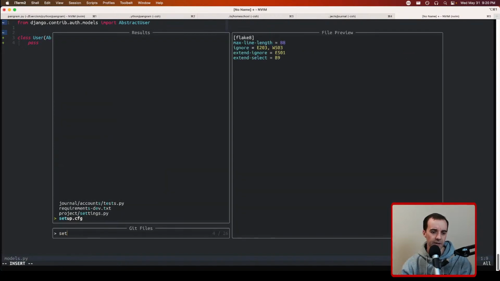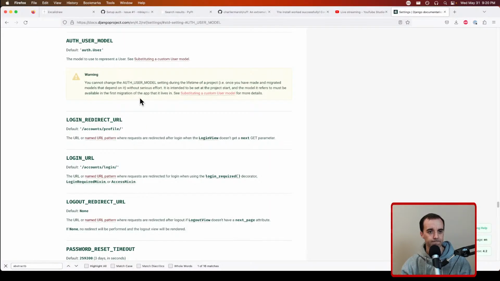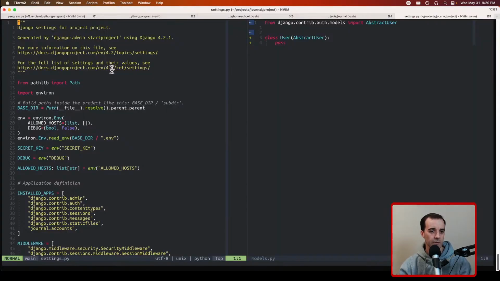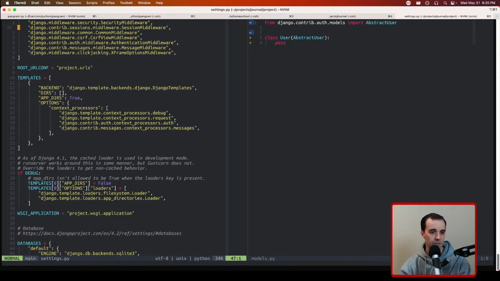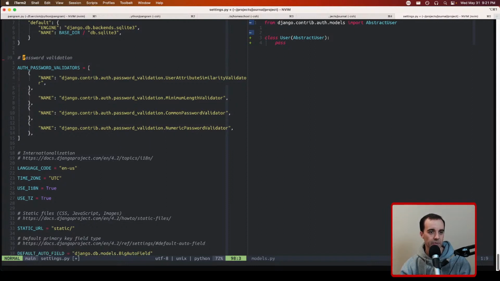We need to go to the settings file and set this new setting. And it's AUTH_USER_MODEL that we need to set. So let's create a new section for user stuff. Is there a place that already kind of feels like it? I mean, this is feeling a little bit like it. Auth password validation. Yeah, sure. I don't find that comment super useful, so let's change this to be